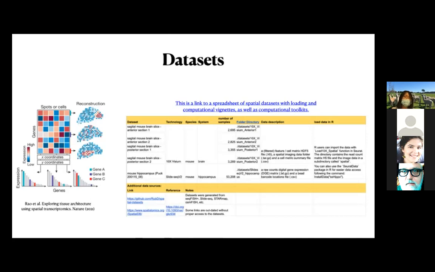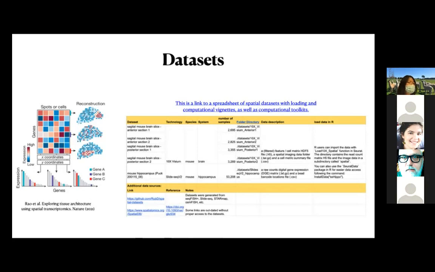Okay, awesome. So no matter what kind of technology we're using, at the end of the day, we're just gonna get the gene expression count matrix on the left that you can see. So this is basically a gene by location matrix. In terms of the location, it can be just the spots. And besides this gene expression count matrix, we also have the two-dimensional, so X and Y coordinates for each of the spatial location that are aligned with our gene expression matrix. And so basically these are the two modalities of data that we have, and then we can do